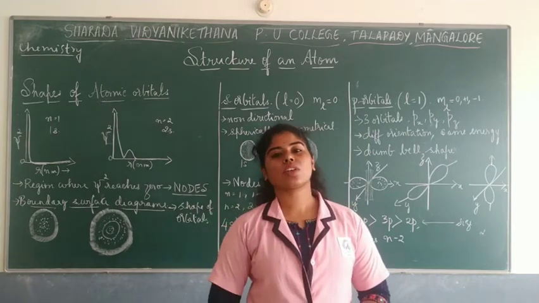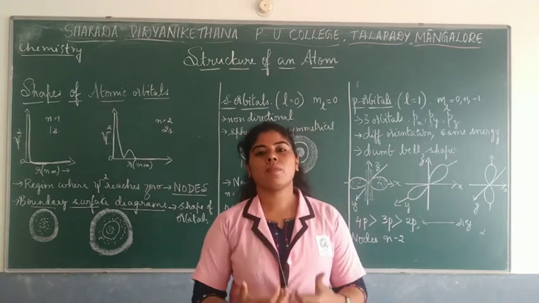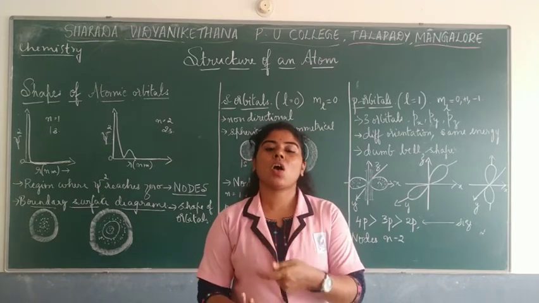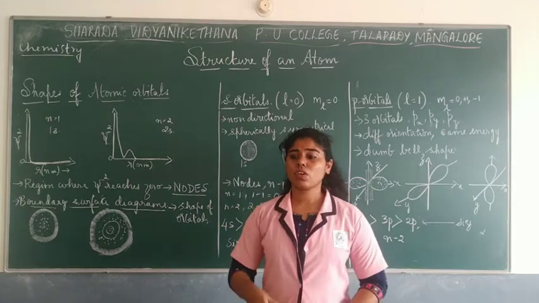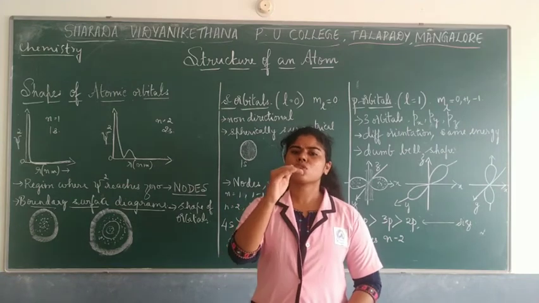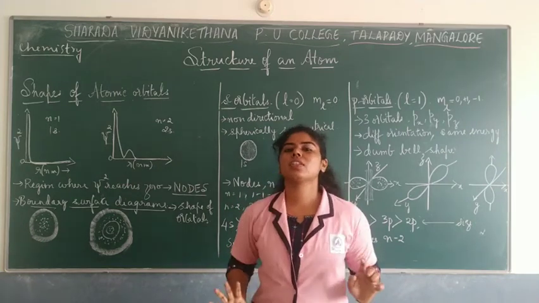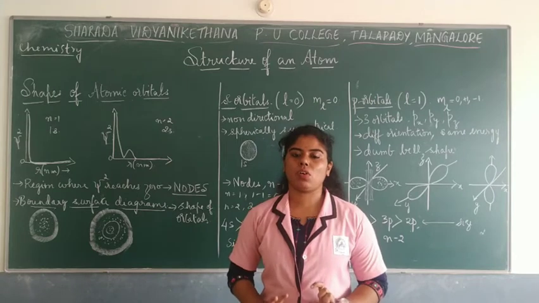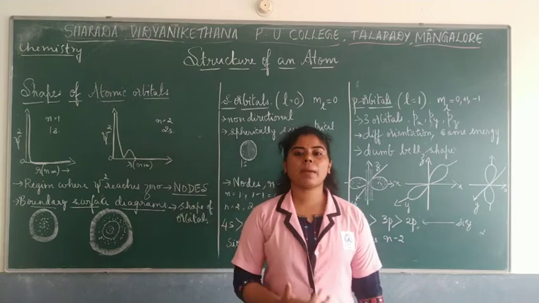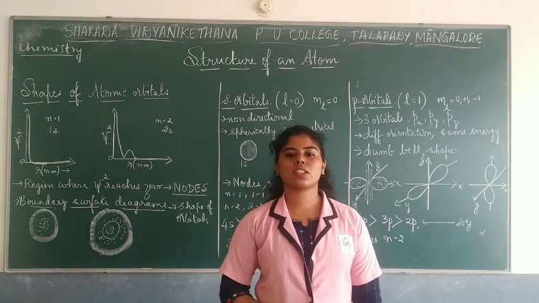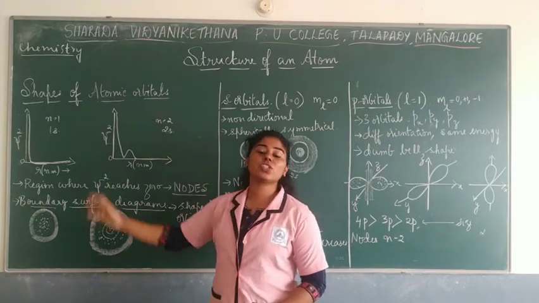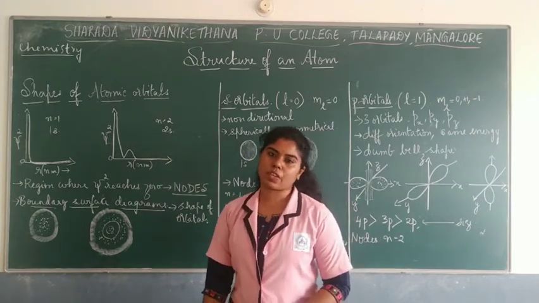So how these electrons are situated in different orbitals, starting from the shells and the subshells, all this we are studying right now. We have come across the four quantum numbers, so we can deduce where the electrons are present in an atom, especially in the orbitals. Let us continue studying how these electrons are situated in different orbitals, and today especially we will be dealing with the shapes of these atomic orbitals.